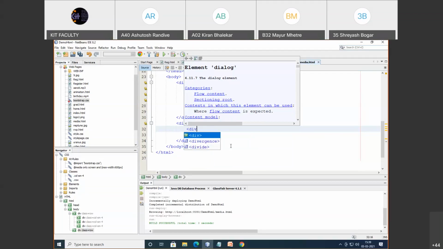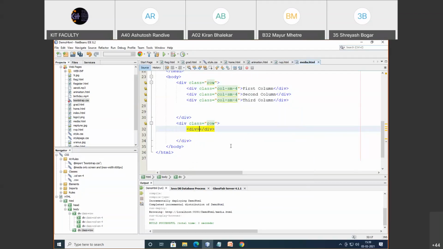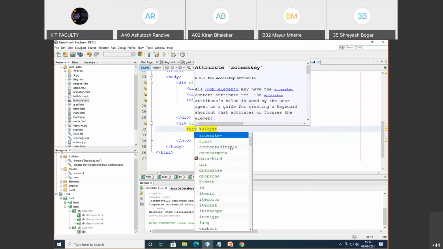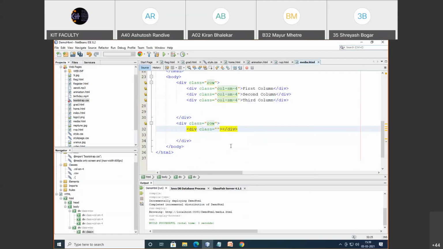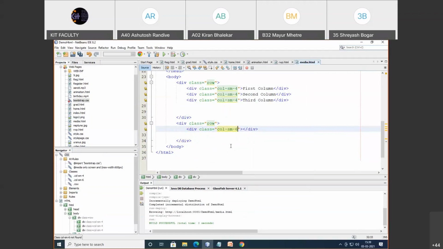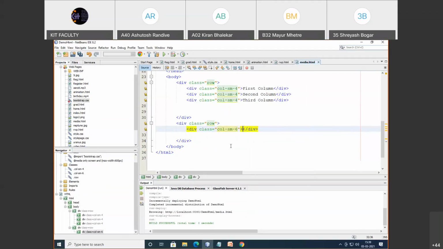So here I'm going to set div class is equal to col sm6. Okay, here I'm again going to set first column